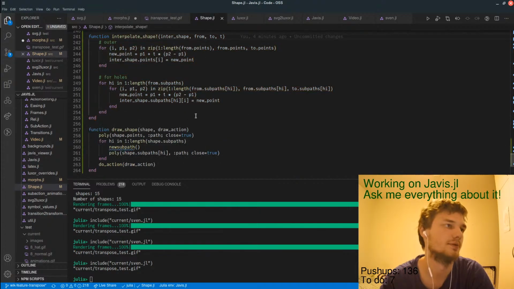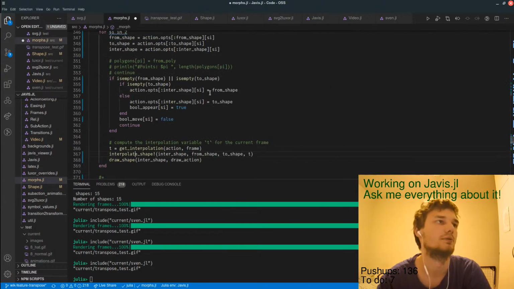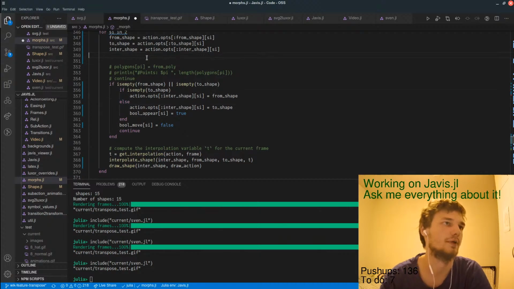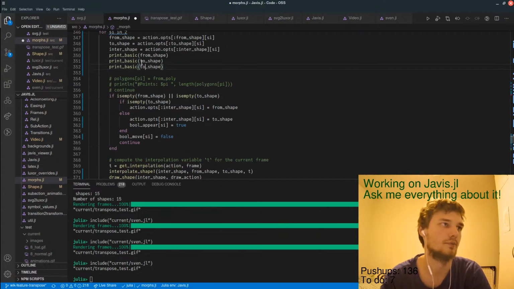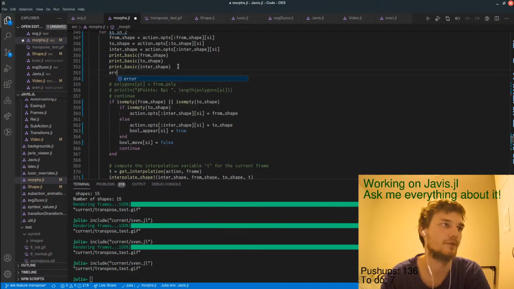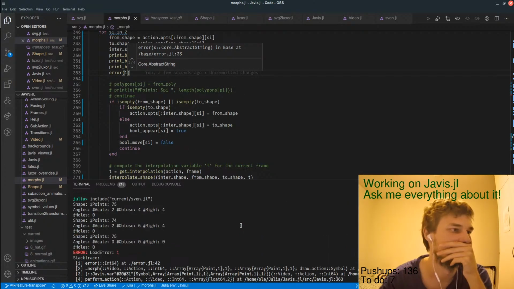So it has to be something to do with... okay, anyway, we have print basic from shape to shape into shape. Let's break out now. Okay, so